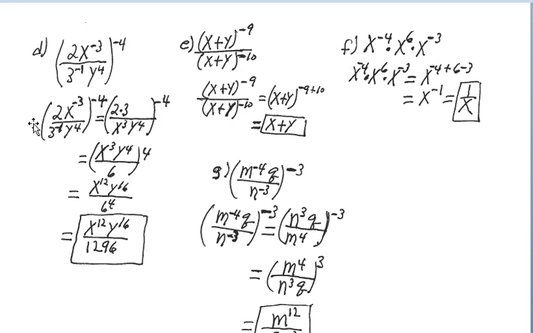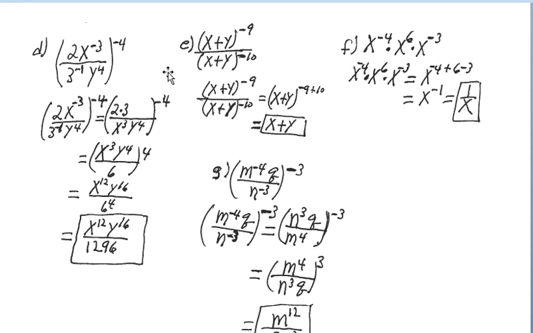Okay. At this stage then, since we have a negative exponent, minus 4, we can now invert the fraction that's inside parentheses, putting the 6 in the denominator and the x cubed y to the 4th in the numerator, and then changing the sign for the exponent to a positive exponent, and that will allow us to quickly get to the answer by raising each of the factors inside parentheses to the 4th power. So x cubed raised to the 4th power gives us x to the 12th power, y to the 4th raised to the 4th power gives us y to the 16th power, and the denominator 6 raised to the 4th power gives us